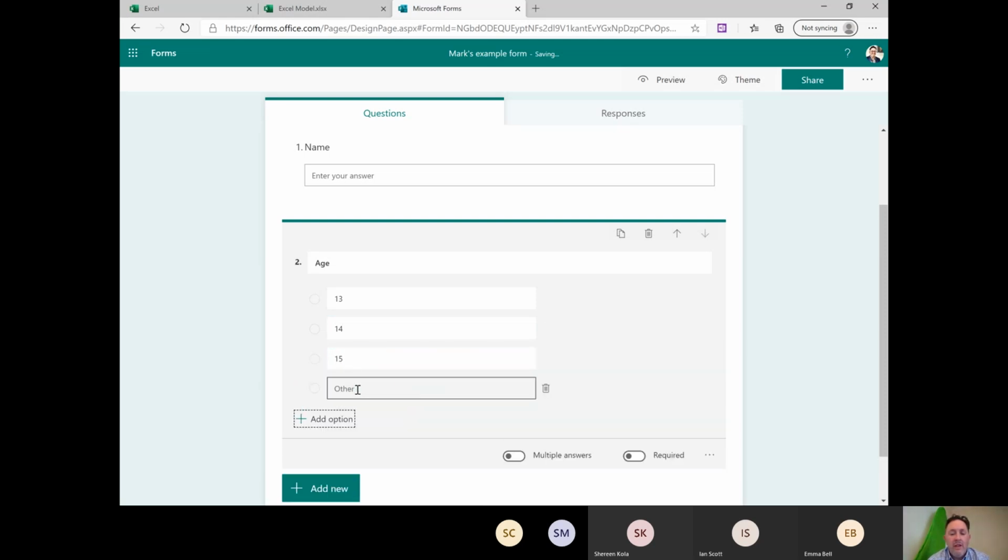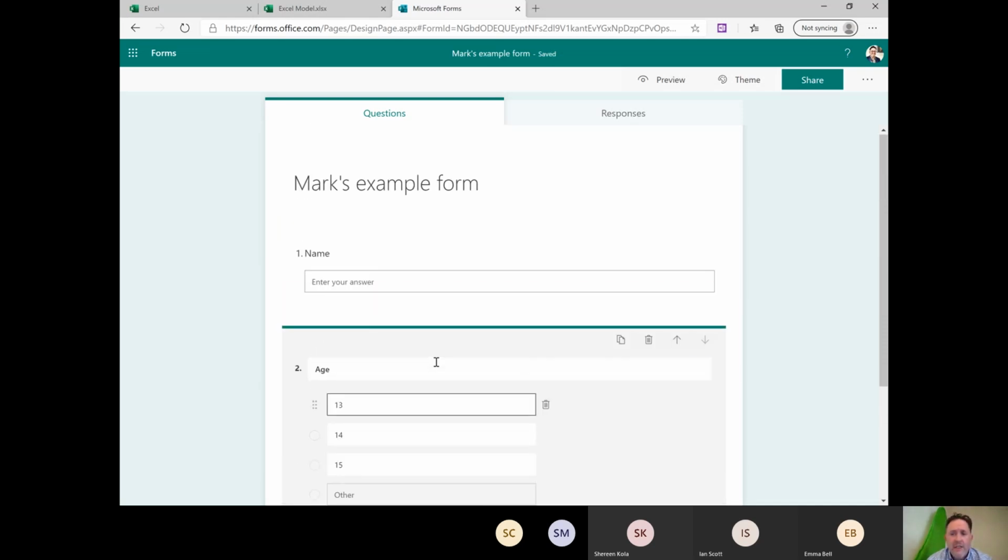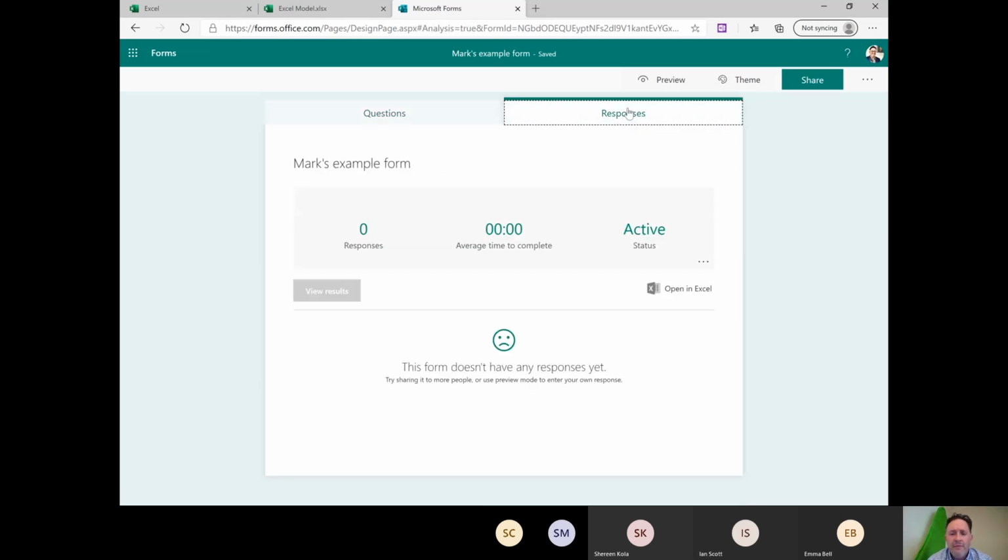I'll add another option in case we need it. Now, that's really, really simple. If I go to responses over here, I haven't shared this form with anybody yet. Now I can see some stats and some data that would come through into here, but the key for me is to go to open in Excel, because once I've done that,